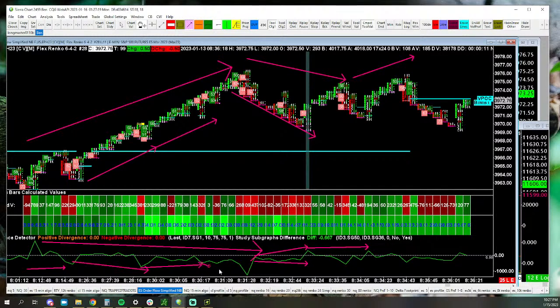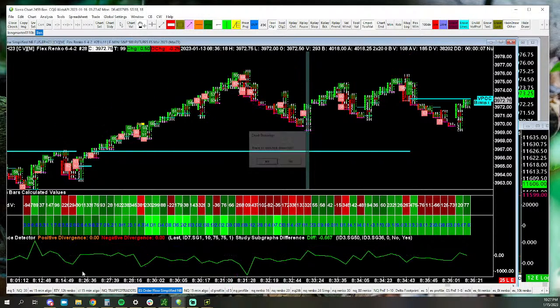Then what do they do? They make a lower low, right? Well, this one also makes a lower low. So that, for the first time, is a sign to the opposite direction. That is bearish, right? And that's the first time we've gotten bearish divergence, but now this is actually a bearish indication on the chart. Now let me just delete the lines. I want you to see if I drew a range here. Let me back up a little bit.